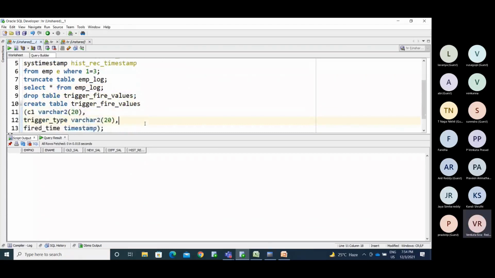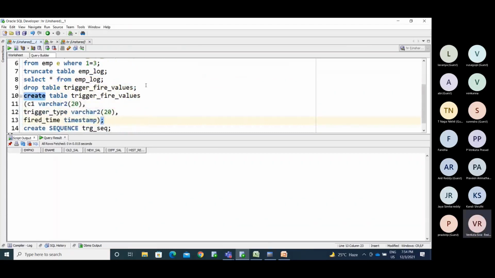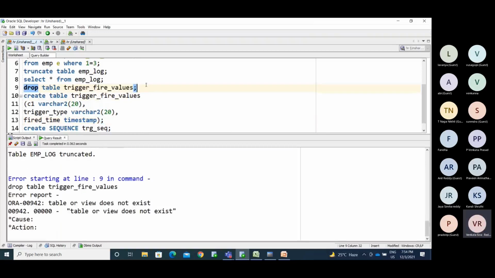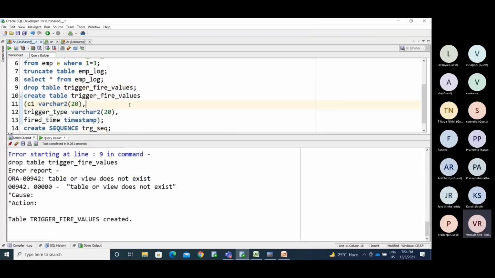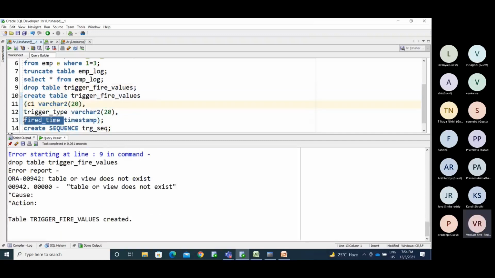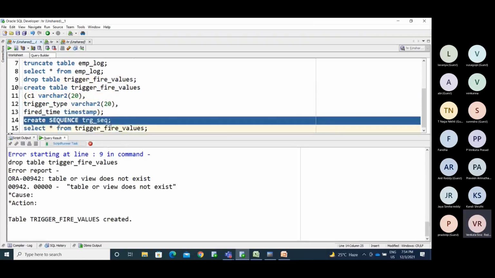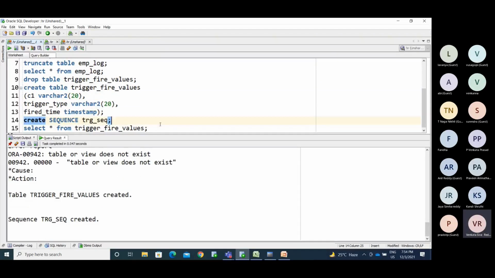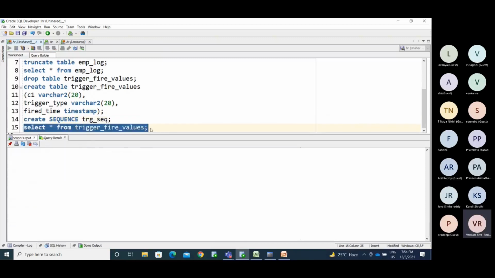Okay, now I'm creating the trigger fire values: the column name, trigger type, and fired time, to find out when it is fired. I'm creating a sequence and trying to display the values. There is no information in this yet.